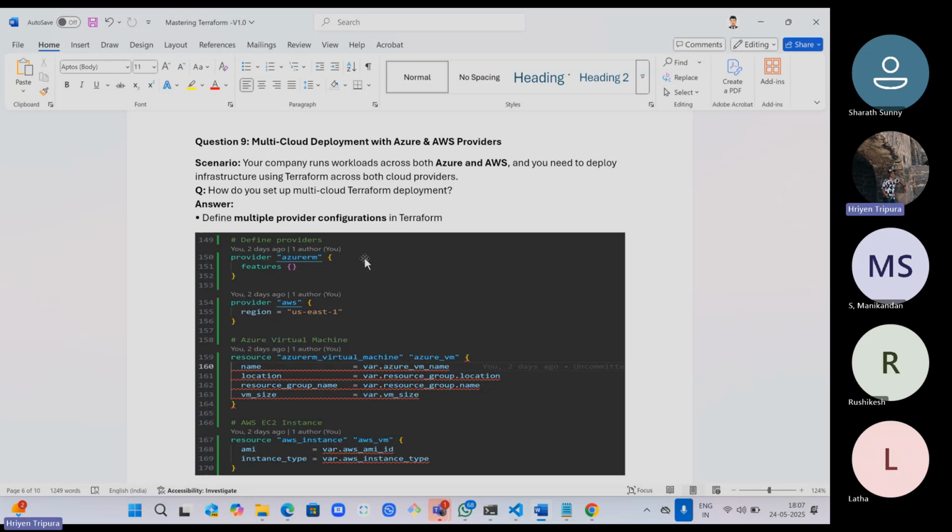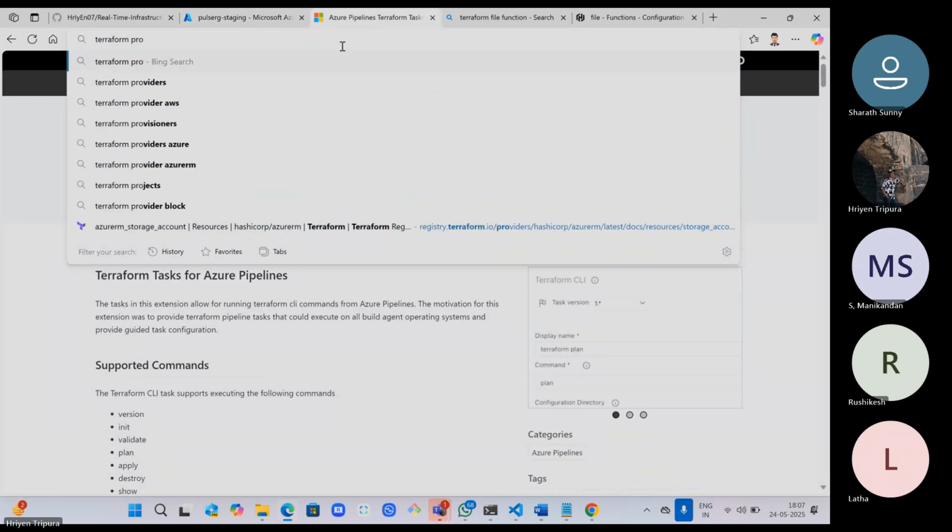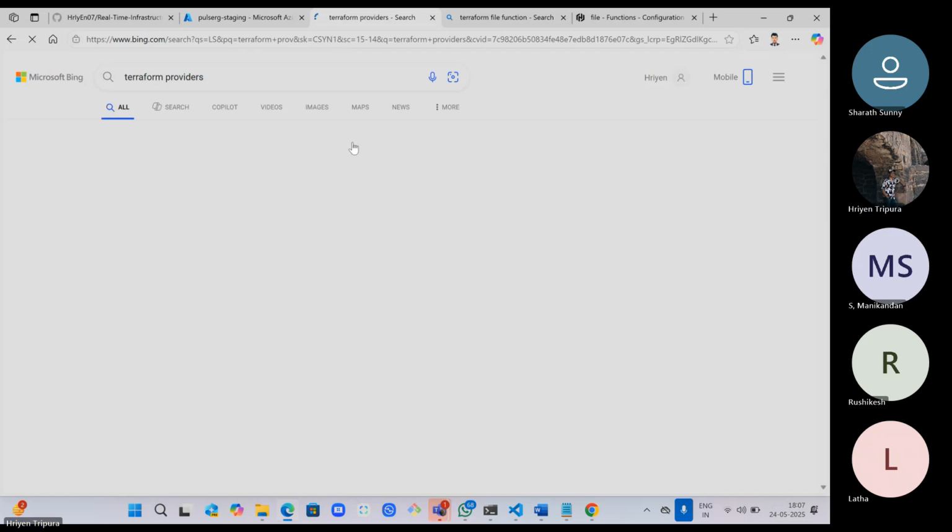So as we all know, this is about the Terraform provider. Provider is something that you would be needing, right? For every single resource, a provider. Now this is for AWS. If referring to the documents, I can simply type Terraform providers. If you go here,